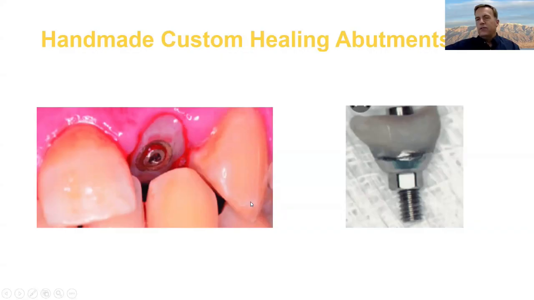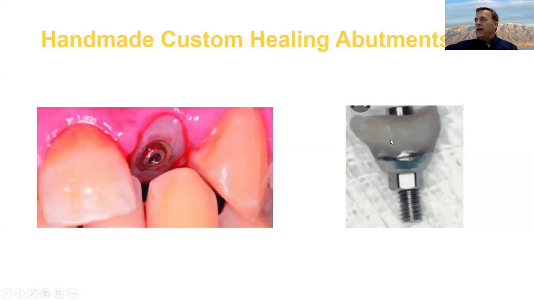But that's not the end of the story. So then when you go to take an analog impression, you have to alter your impression coping to be exactly the same shape as that. Then in the laboratory, we have to make sure that we make our soft tissue model well, and that then our abutment fills in that whole space. So there's just a lot of opportunities for things to go wrong. And for any of you that have done that cup technique for making a custom impression post, it's a pain in the behind. Now, I would say digital impressions have made the clinical side of this a lot better,